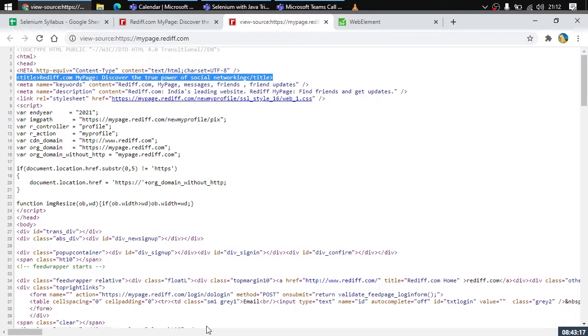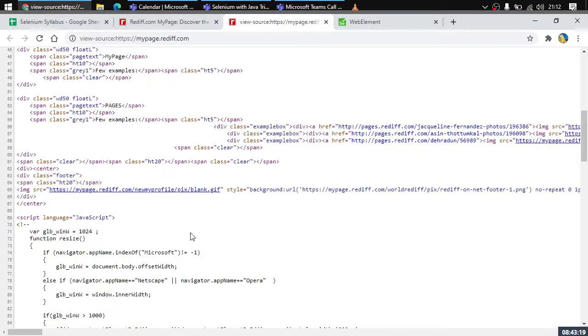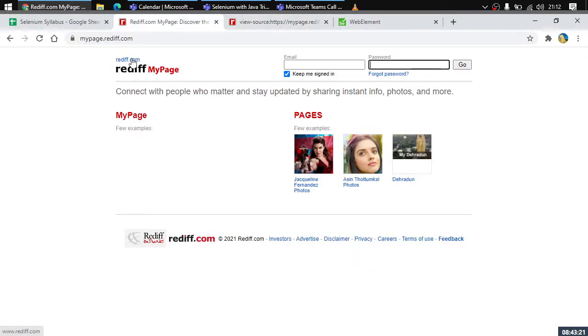So let us just discuss a few things. There are different types of elements on this page. We have the URLs, or you can say the hyperlinks. We have some text boxes, we have some check boxes, we have some buttons as well, right? So let us just discuss the things on this particular page. What are these things and how would we be able to deal with different things, right?